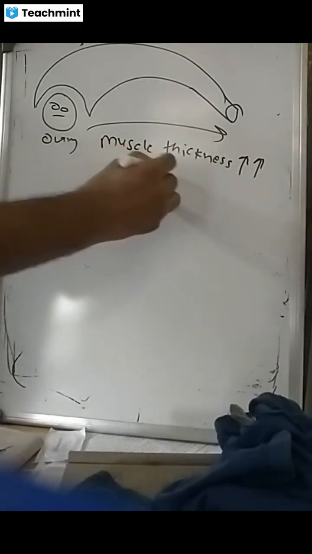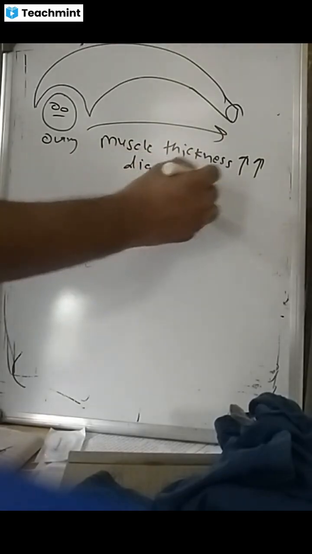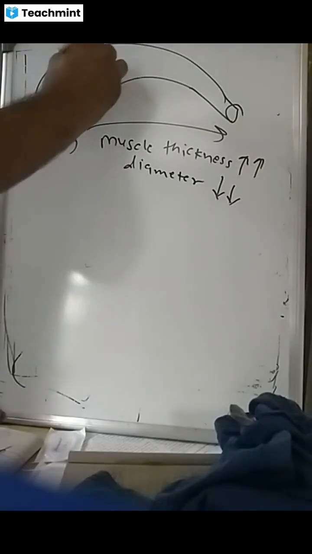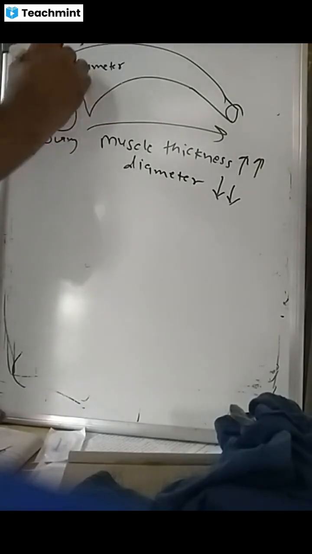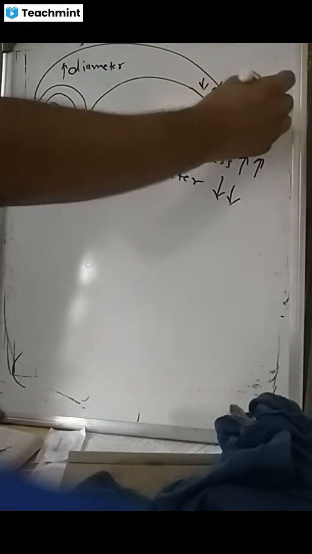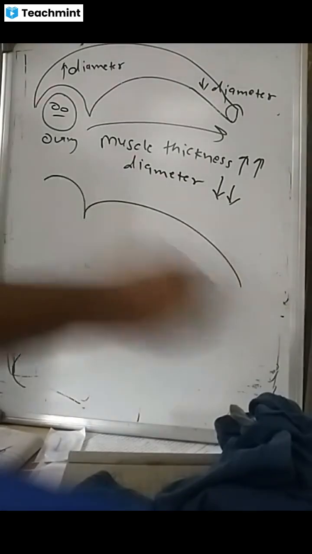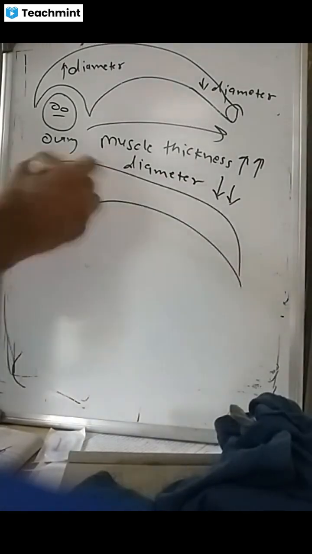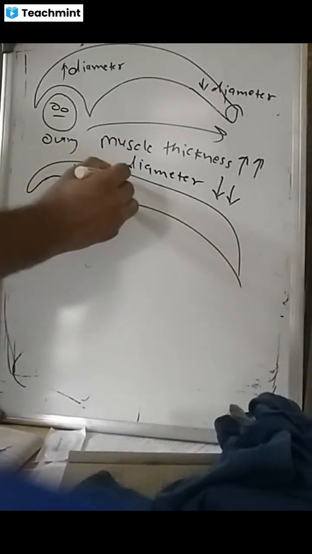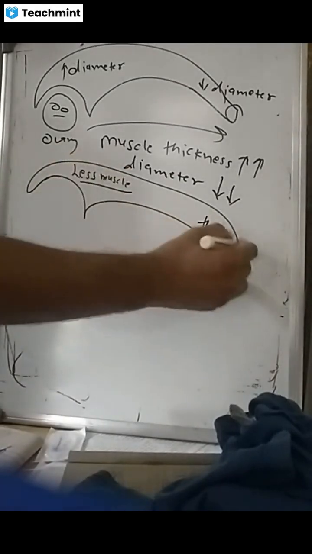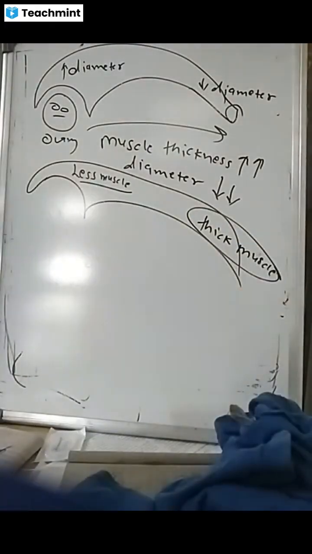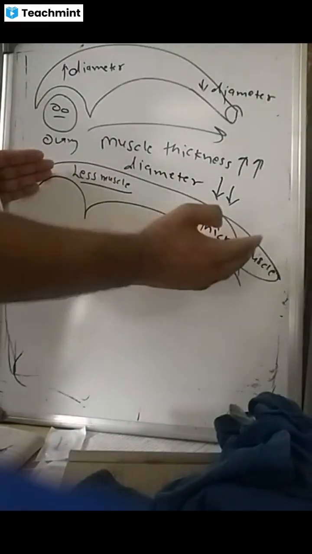If muscles are more thick, so here we have more diameter, here less diameter, here thick muscle. So as we move from this end to this,